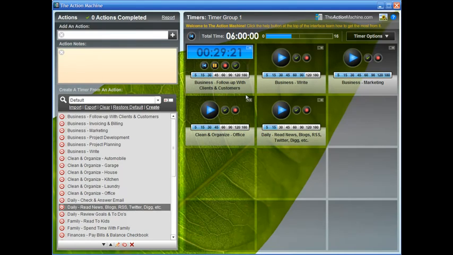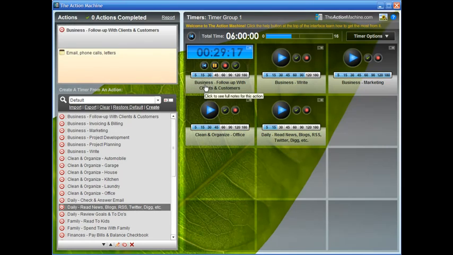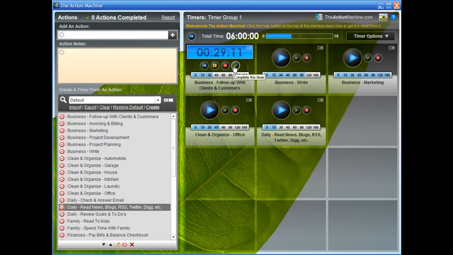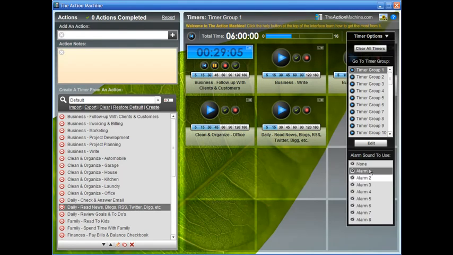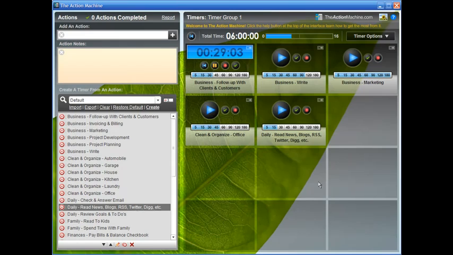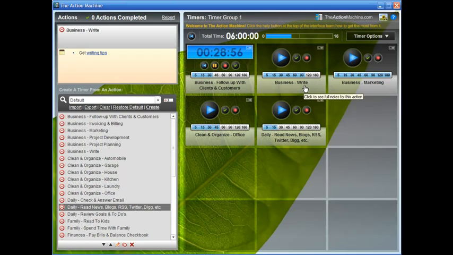that you accomplish throughout the day. And so I now have 30 minutes to work on following up with my clients and customers. And when I'm done, this timer will complete, and a timer will ring. You can choose your timer over here with timer options. You have a choice of up to 9 different options, but the timer will ring, letting me know that my 30 minutes is up and I'm ready to move on to the next task for the day, which is to